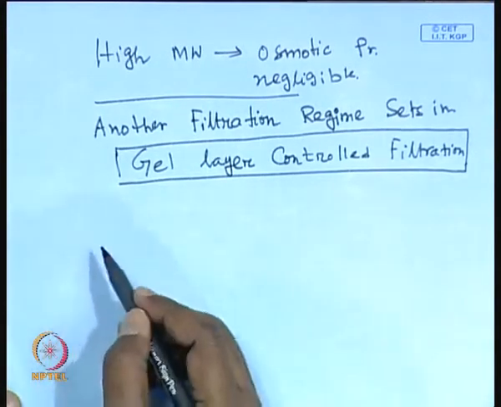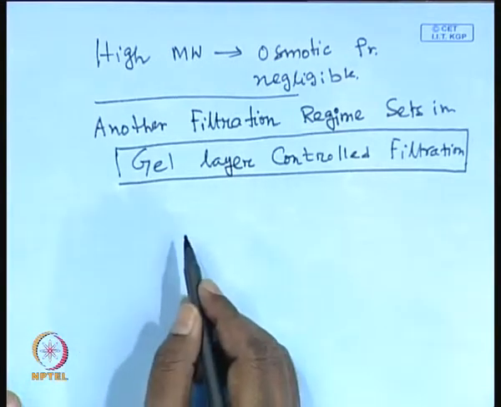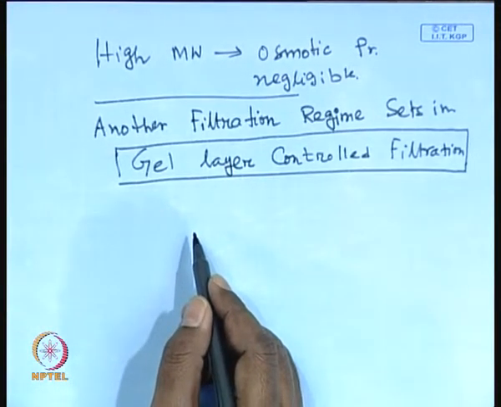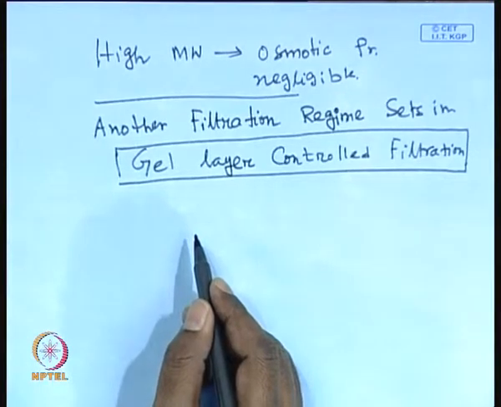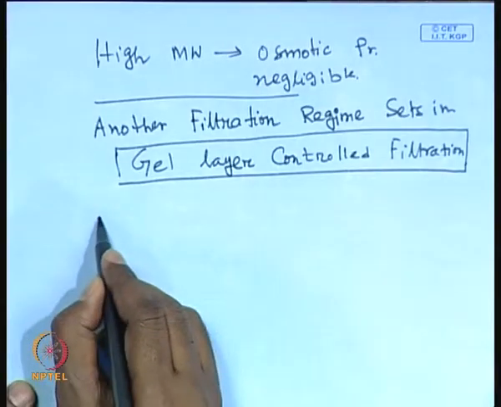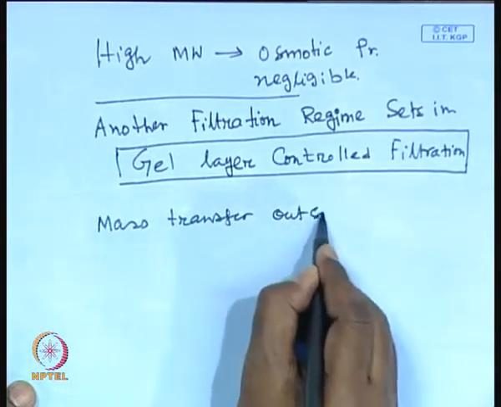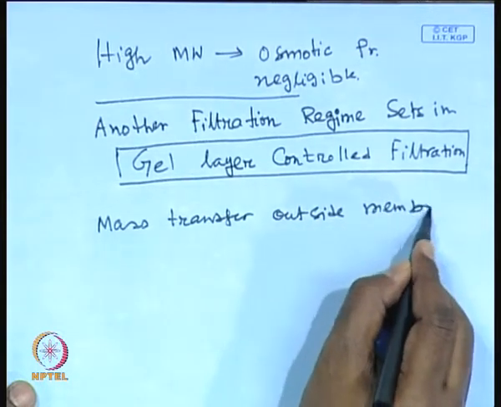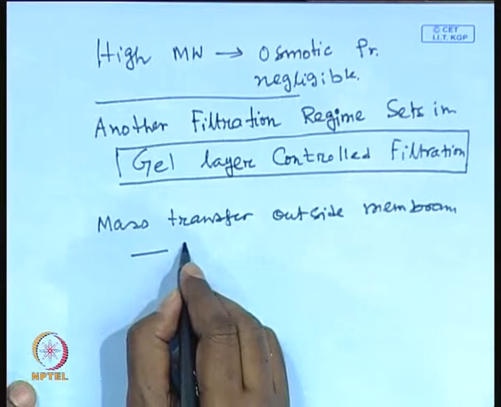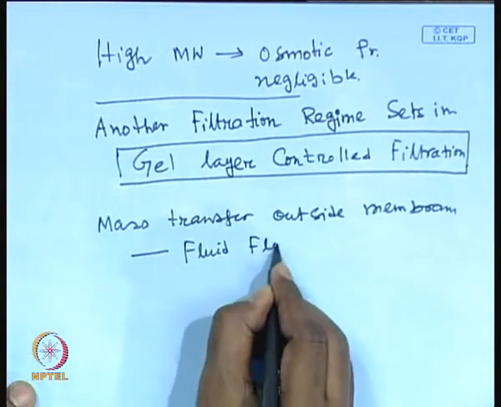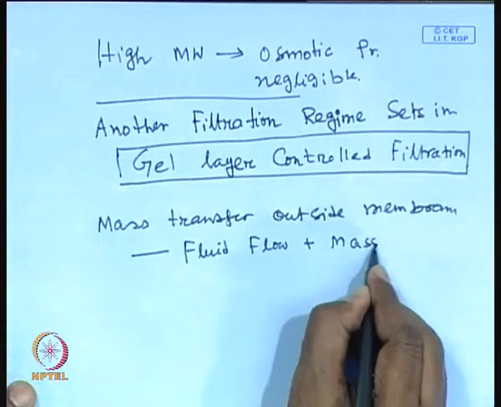We have seen the various osmotic pressure models and we have identified that the mass transfer outside the membrane, that means within the mass transfer boundary layer, is solved by fluid flow plus mass transfer